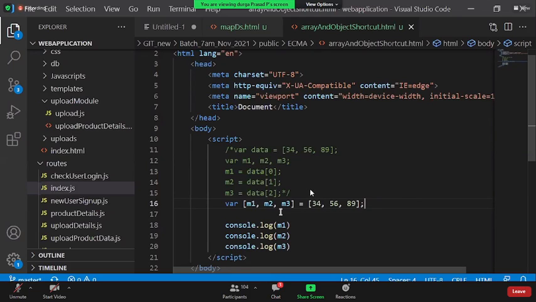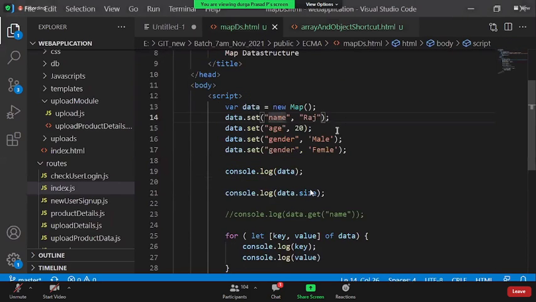Sir, someone is asking a question in chat. Oh, one second. Okay, Pawan asks: can the product data be changed dynamically in a map data structure, like on an Amazon web page? Can you change the product data? Obviously, right? If you want to change the value, for example, I would like to change the value of the gender.